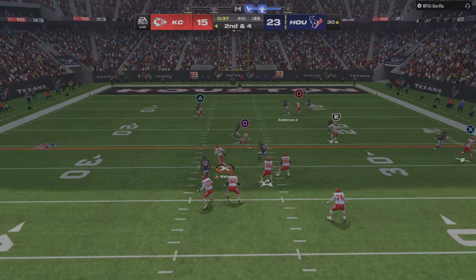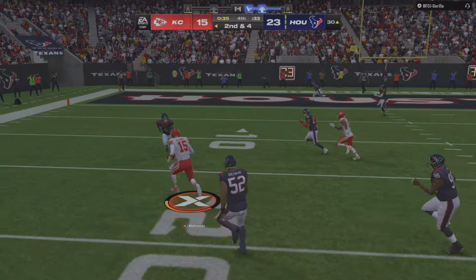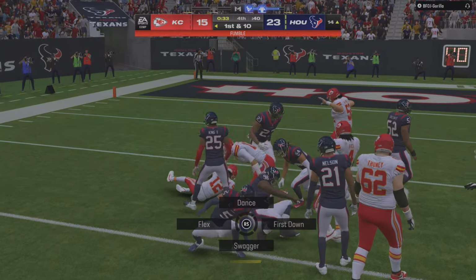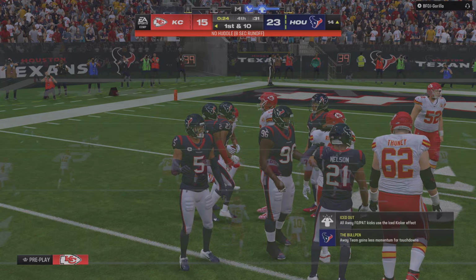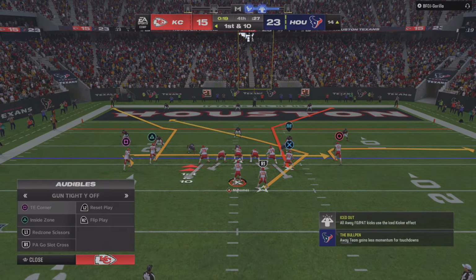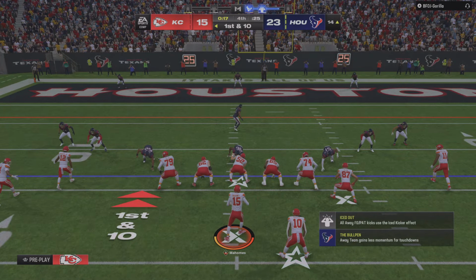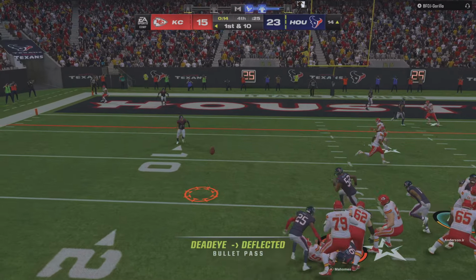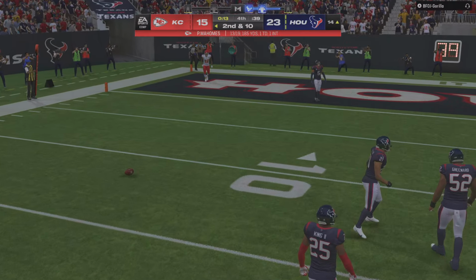Mahomes forced out to his left. Oh, no, he lost the football. And now this ball picked up by the offense. But here in the final 2 minutes of the game, this will be blown dead. Only the fumbler can advance the football. So this will go back to the spot of the fumble itself. Toward the end zone, but